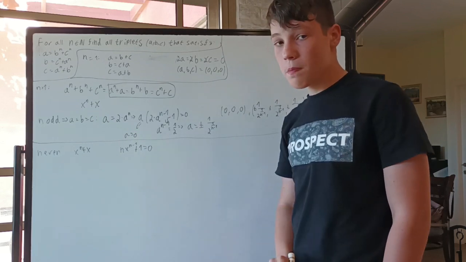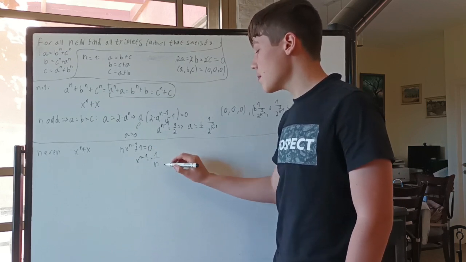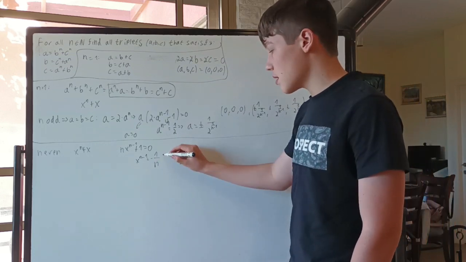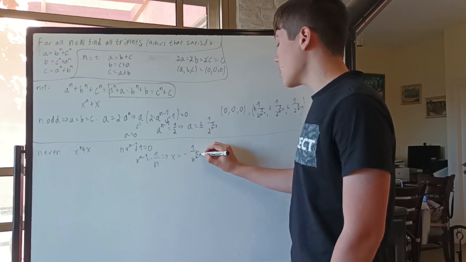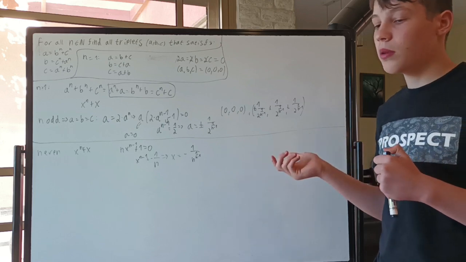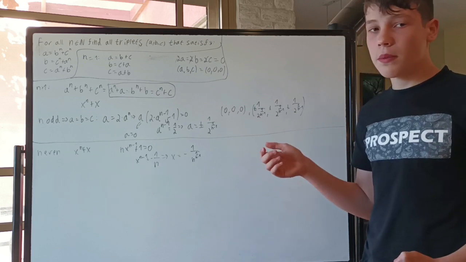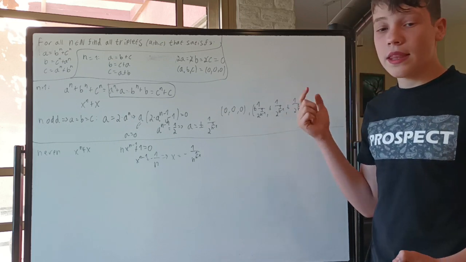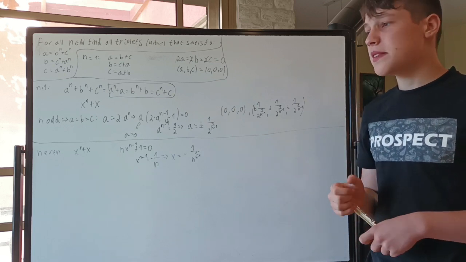Now we want this to equal 0. So now let's move it to the other side. X to the n minus 1 is equal to negative 1 over n. Now since n is even, n minus 1 is odd, which means that there exists an x that satisfies this. X is negative 1 over n, to the 1 over n minus 1. And I don't care about the specific value of the extremal point. It'll turn out being a minimum. We'll soon explain why. But I just care that there exists exactly one of these points, and it's a minimum because